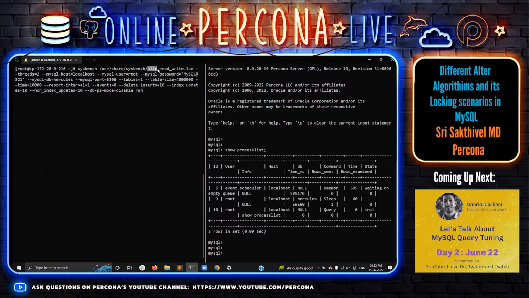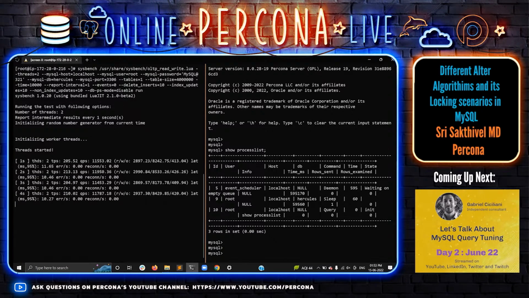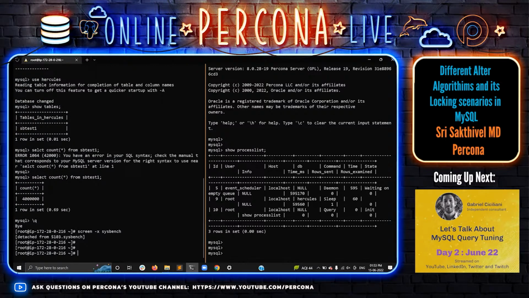So I am going to do the OLTP read and write test. Okay, read and write test. And I started. Okay, so sysbench is started now. Sysbench is running in the background in the screen. Okay, and